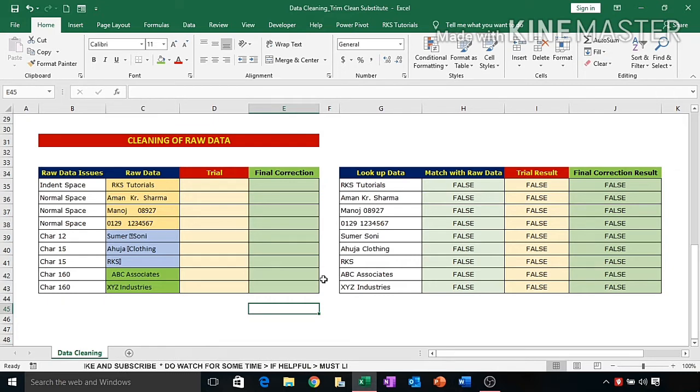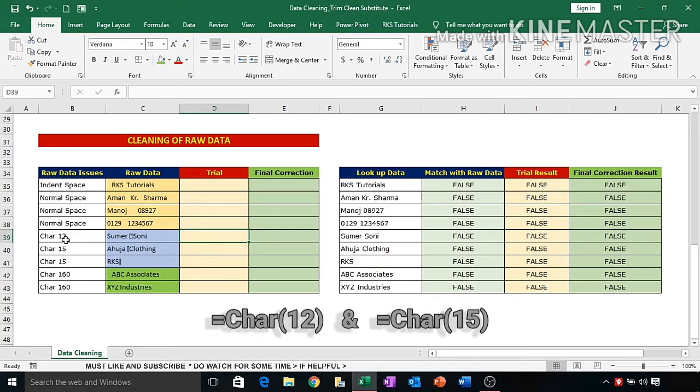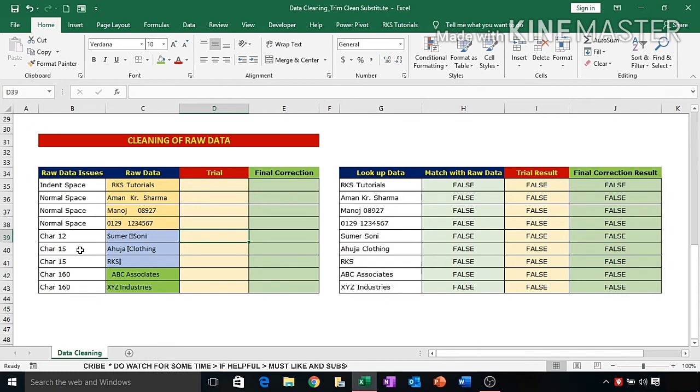So here we have some data, you can say it is sample data, and here we have some spaces, more than one, in all these four entries. This kind of space may be due to the normal space or maybe an indent space that is done by Excel. Here we have some other entries, and you can see a different kind of character over here. These are non-printable characters, and they can be defined by CHAR 12 and CHAR 15. This is the standard of Excel, we will let you know later on.